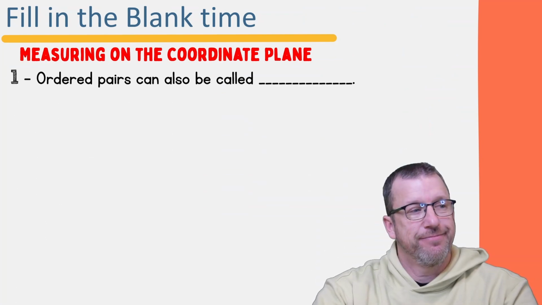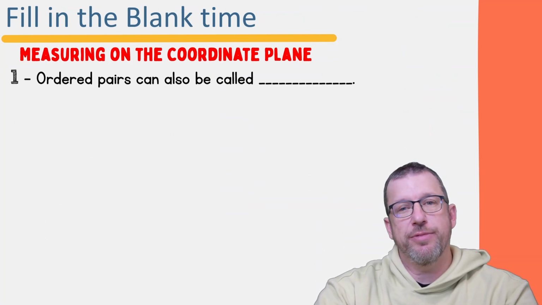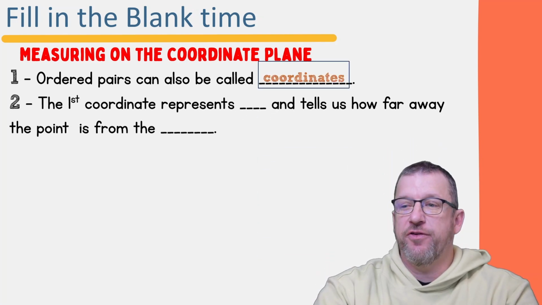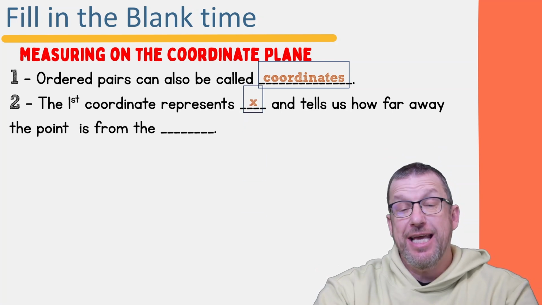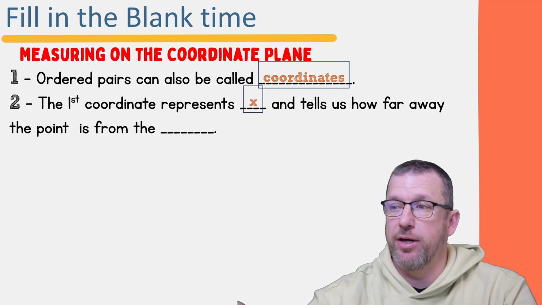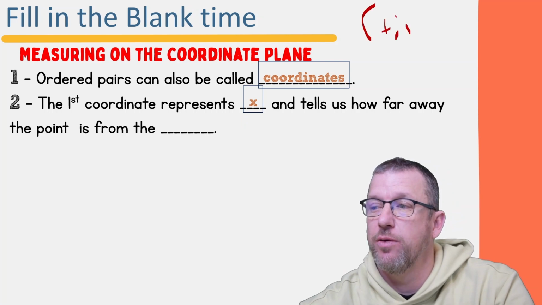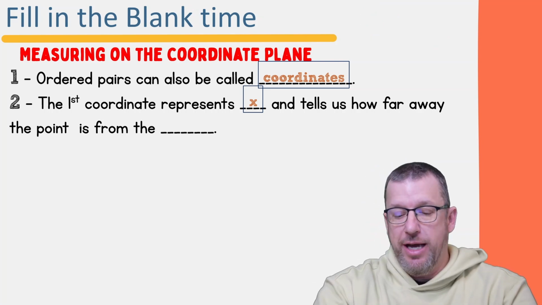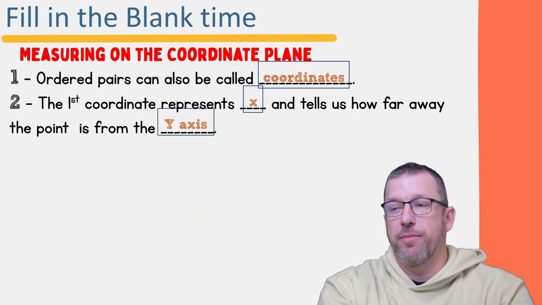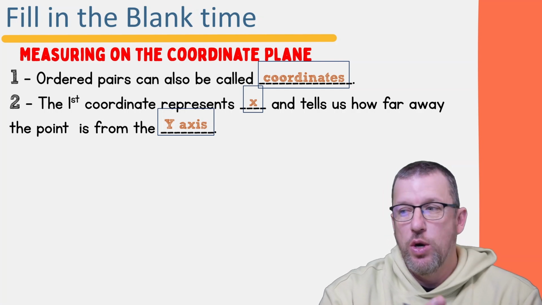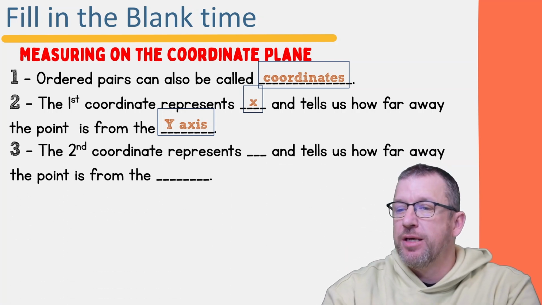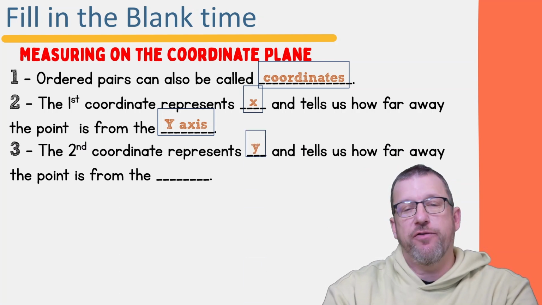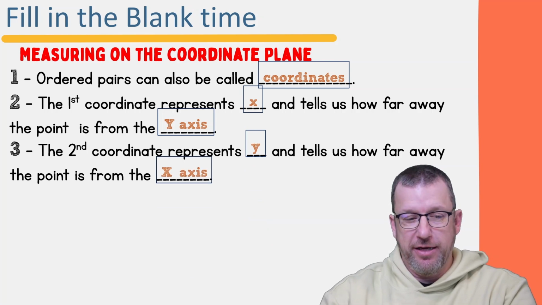Groovy, right? All right, let's fill in some blanks here. Ordered pairs can also be called what? Coordinates. The first coordinate represents the x. Remember, in an ordered pair, we have x, y. That's how we do ordered pairs. So the first one is x, and that tells us how far away the point is from the y-axis, so how far left or right it is from the y-axis. The second coordinate, which is y, tells us how far the point is from the x-axis,